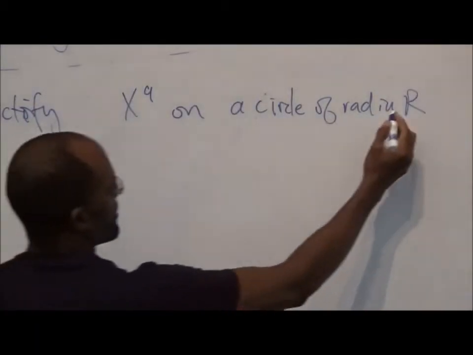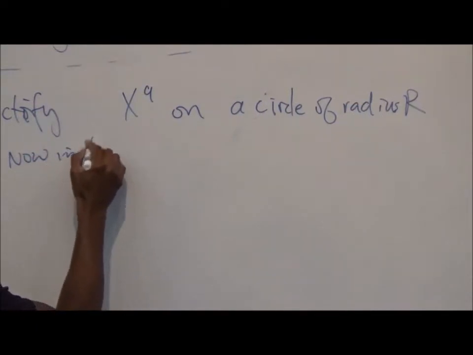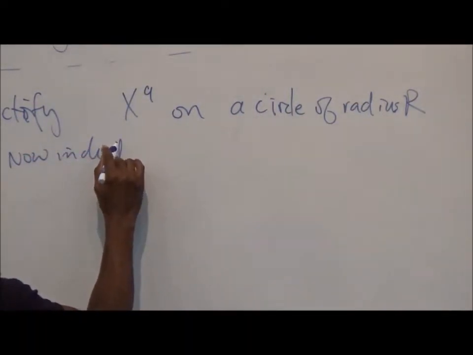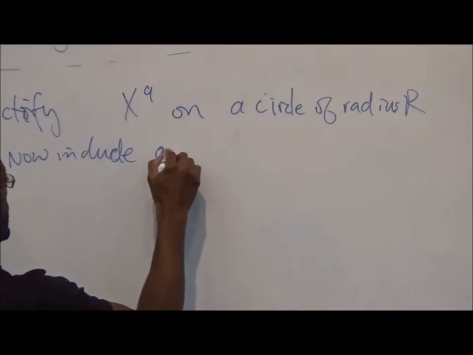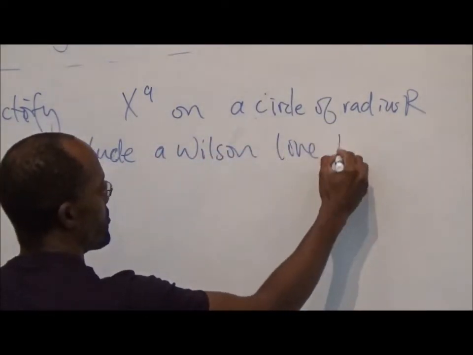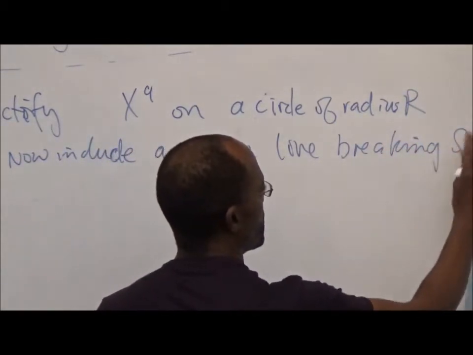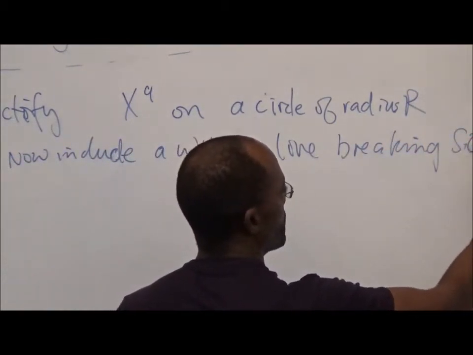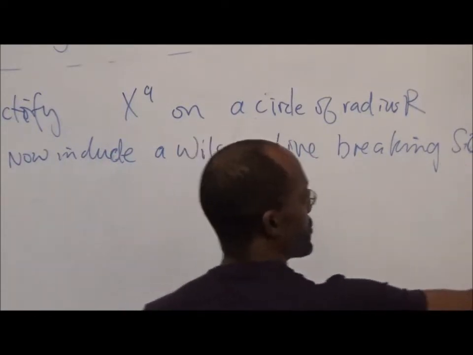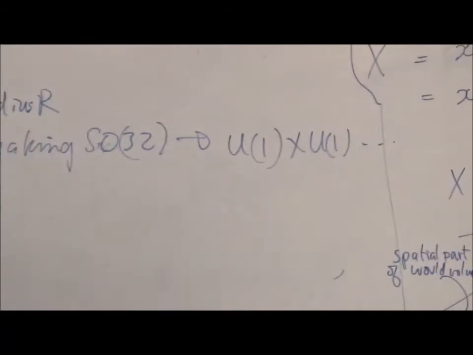But now include a Wilson line, breaking SO(32) down to U(1)^16. All I mean is that I'm going to pick a particular